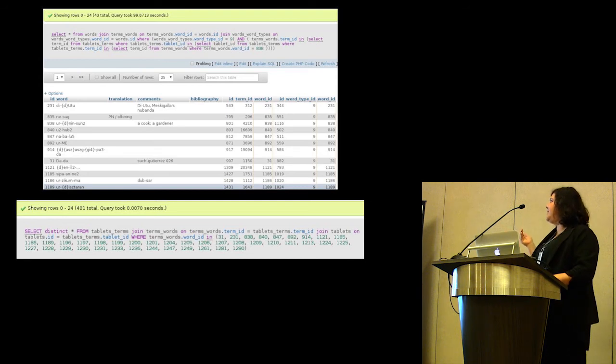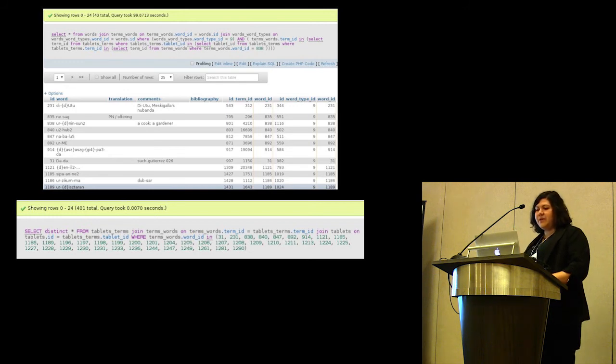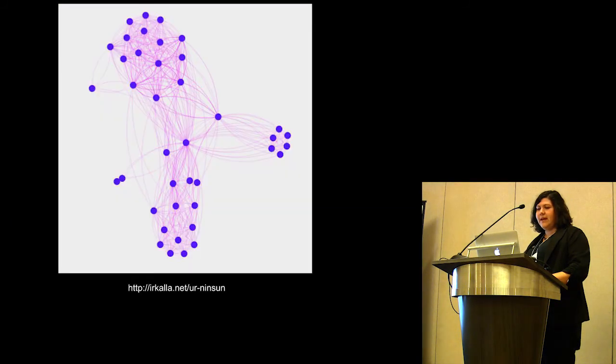So first you need to extract nodes, so entities that you're interested in, and then you need to extract edges, so how do these people relate to each other? And then you need to run permutations, because from the database you have the co-occurrence of an entity and a tablet, so then you have to create the permutations to know between each of these people, create those relationships. So when you have this data ready, you can use a graph visualization software to view that data.